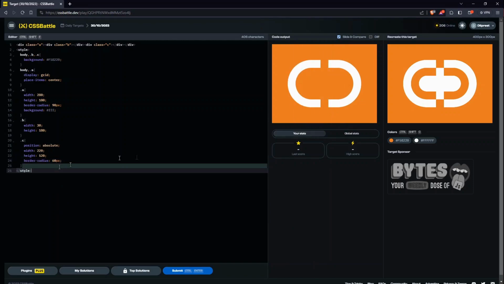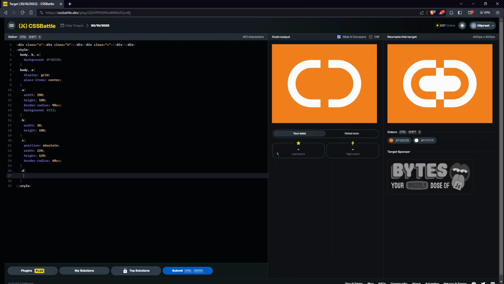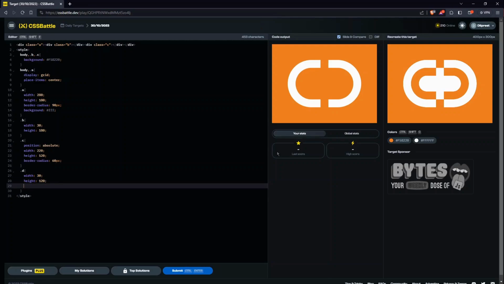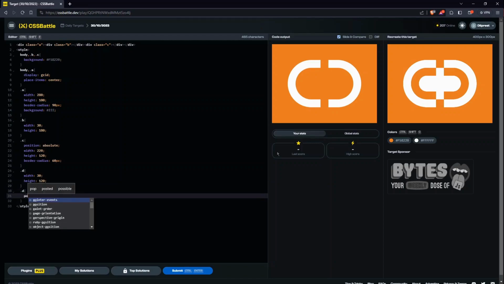Right now we would be making furthermore divs. We know that most of the properties would be same, so we can even write them in advance just to show that you can build such projects in mind. I would be writing the properties in advance. So 30 pixels, the height would again be inherited from the C div, so it is going to be 120. And we do not need any other property here. Again, for now, D, position, absolute,